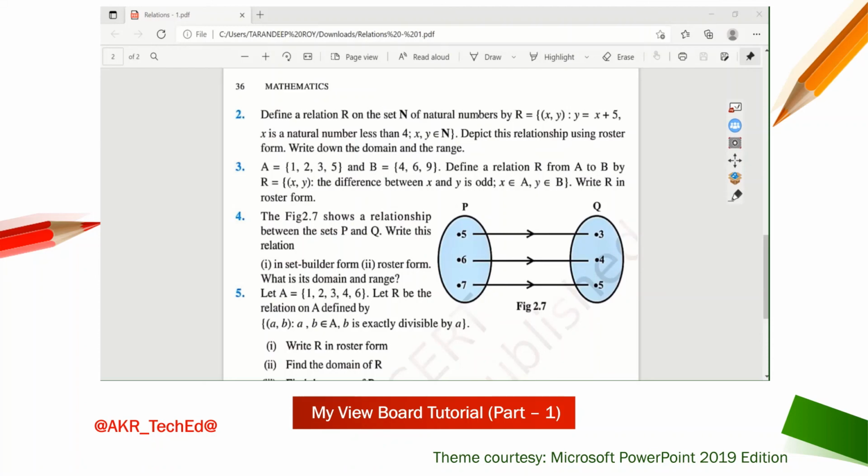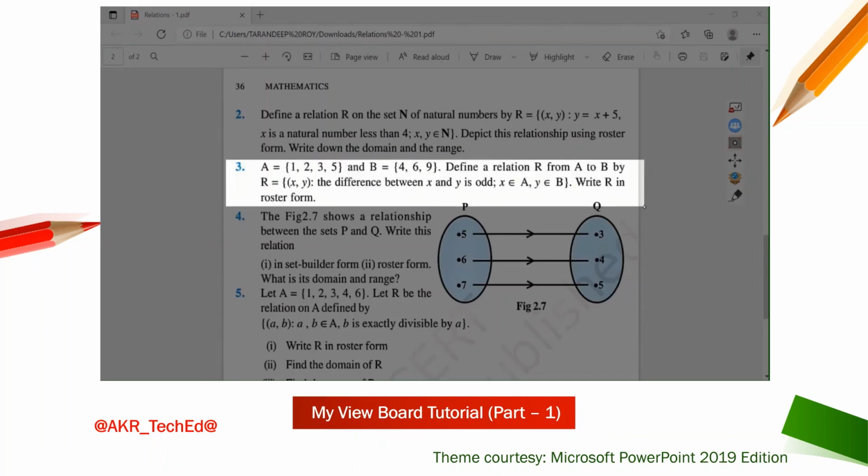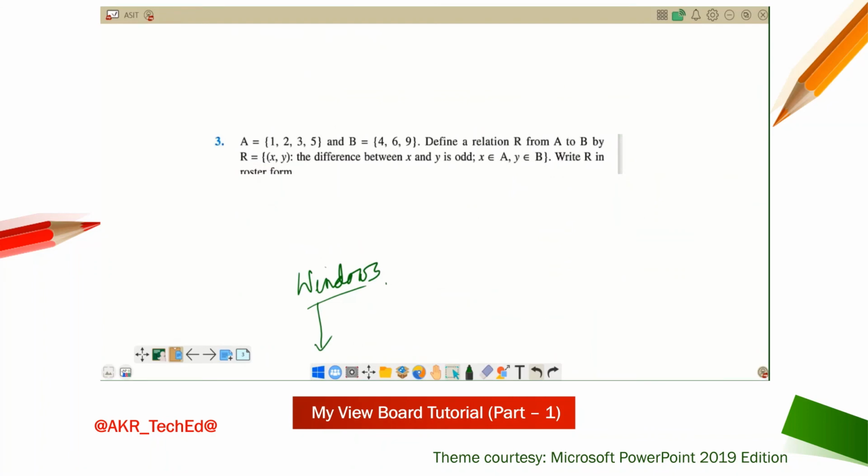So what's the option? I have to write the problem? Not required. You see, if I click on this button, camera button, it shows me first 3 options: screenshots, and then I can select my choiceable area, otherwise rectangular selection. So if I click on this rectangular selection and if I select sum number 3, automatically it comes to my canvas.